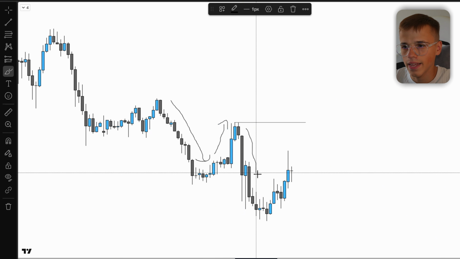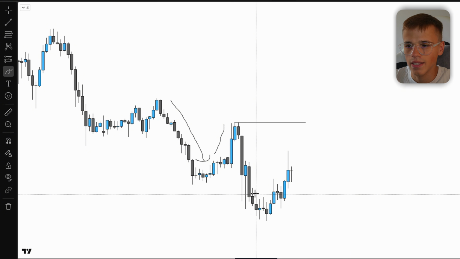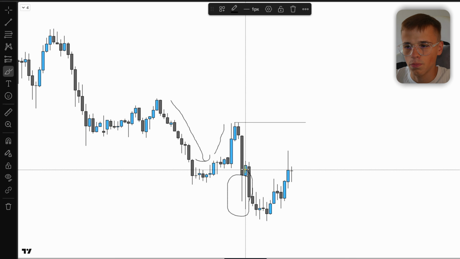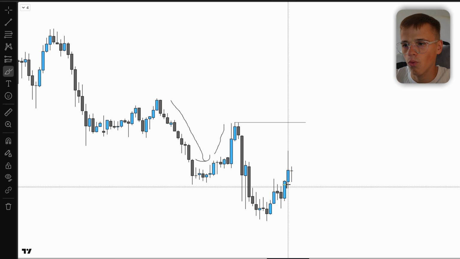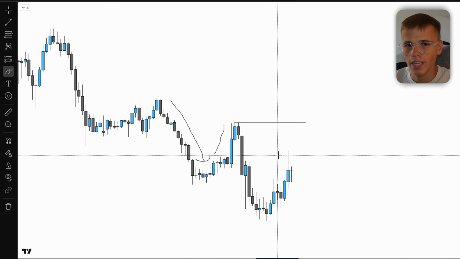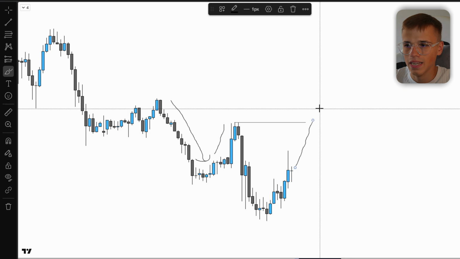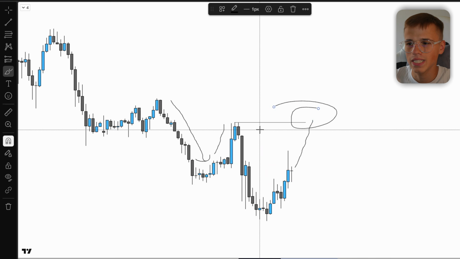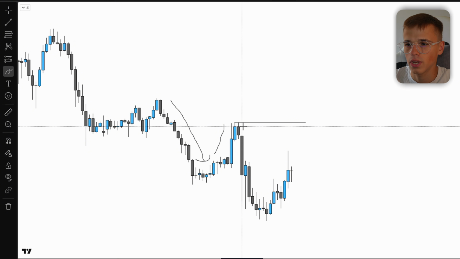It still had fuel to do this move, and right now the market, as you can see, is lacking to push to the downside. It is making wicks and has really low volume. So what does my market most likely want to do right now? It wants to sweep this liquidity right here. So let's go to a lower time frame. I personally go to the 1 minute time frame,